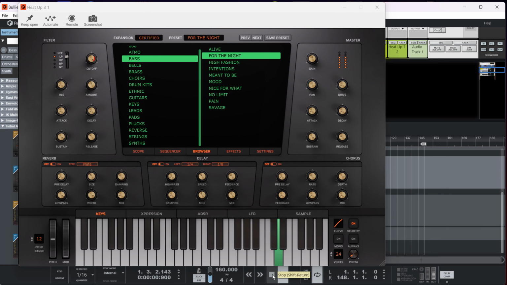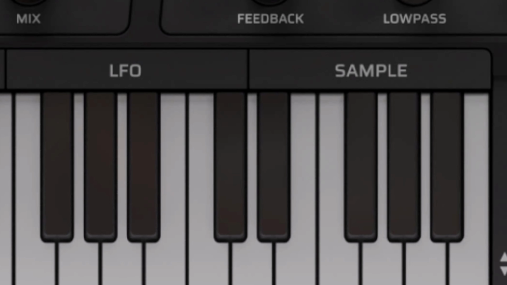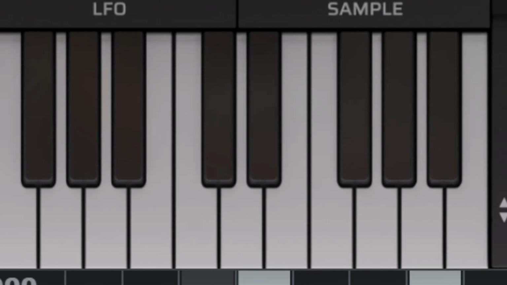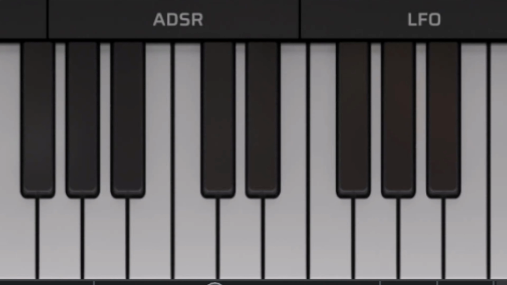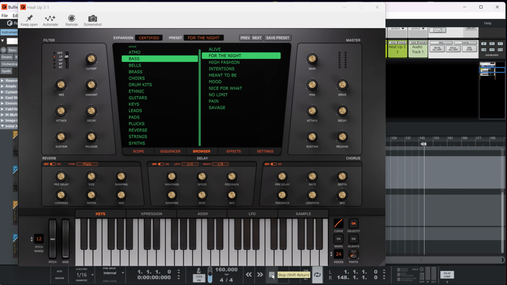So now let's listen back, right? Check this out. Now, I already hear the melody in my head. But what I'm going to do is actually make a melody. I'm going to play a melody for the source.